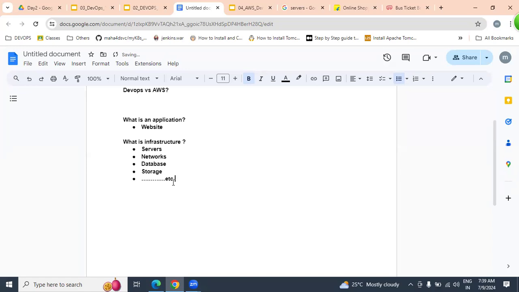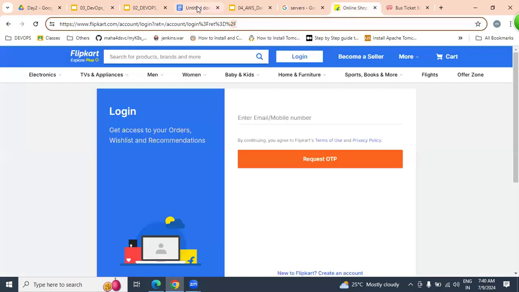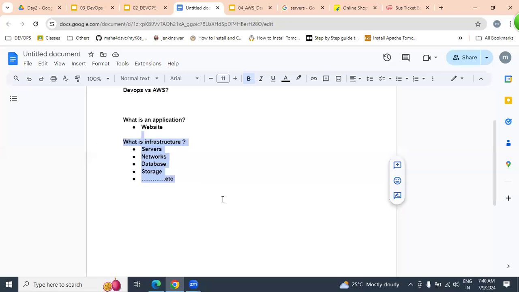With the help of these major infrastructure, easily we can maintain our websites. Without this infrastructure, we can't do anything. Got it very clearly? So a Flipkart kind of application, if you want to maintain, we require this infrastructure.